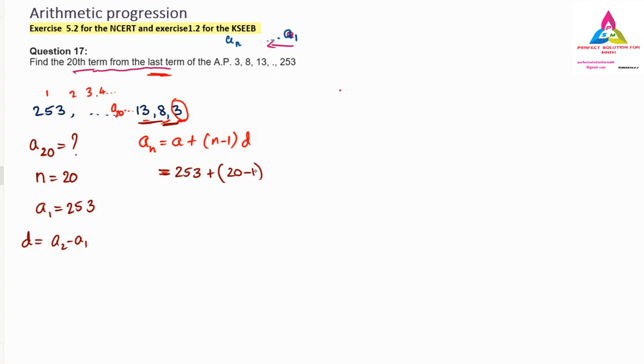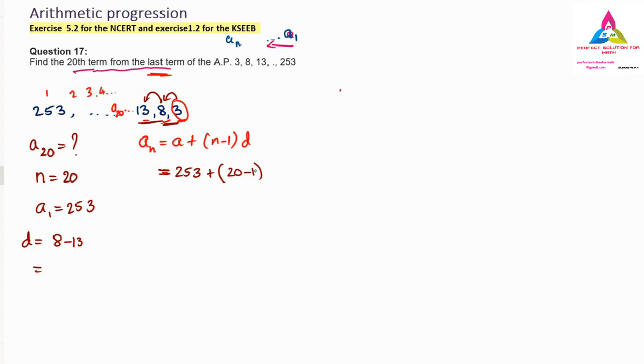So instead of a2, we can consider those two values, because we want only the difference, from anywhere. So 8 minus 13 we can do, or we can take 3 minus 8 also. Both are giving the same answer. Either one, 8 minus 13 or 3 minus 8, we can find the difference. So any one we can consider. I will consider the first one, so I will rub this. If you want, you can find that also. It will be a similar answer.